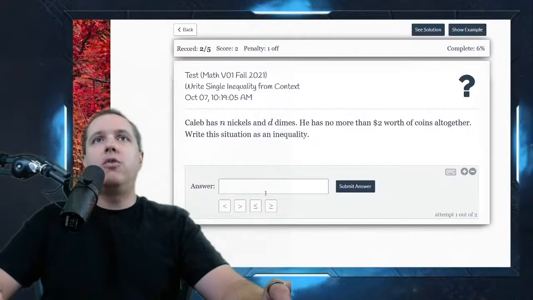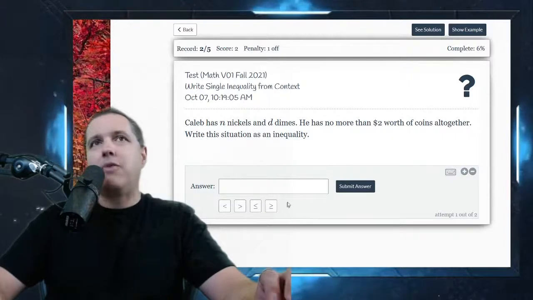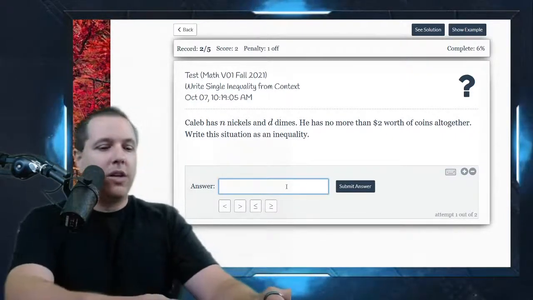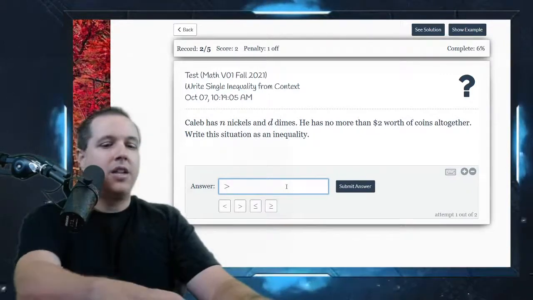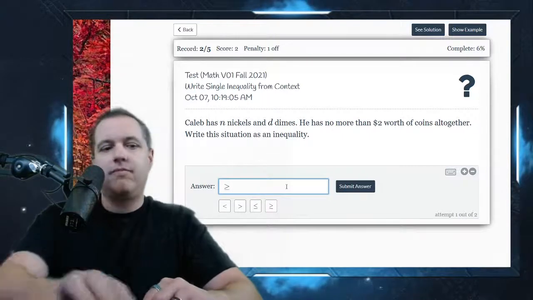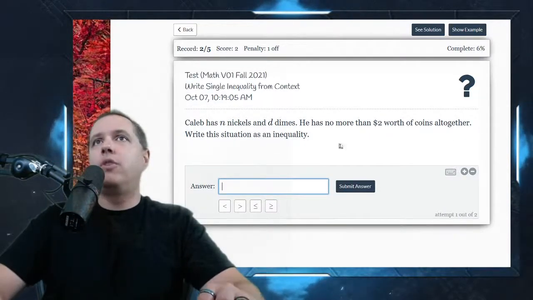Also, just so you know, it's fine to hit this, but a lot of times people don't like to always grab for the mouse because it slows you down. You can also do the greater than or equal to by typing the greater than sign and then putting an equal sign after it, and it just makes it greater than or equal to. Okay, so it's kind of smart that way. So you can go through and